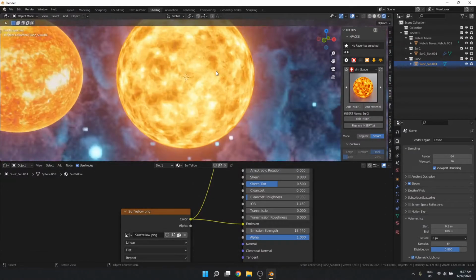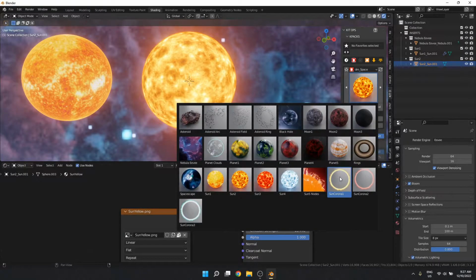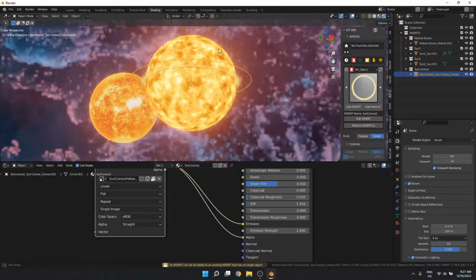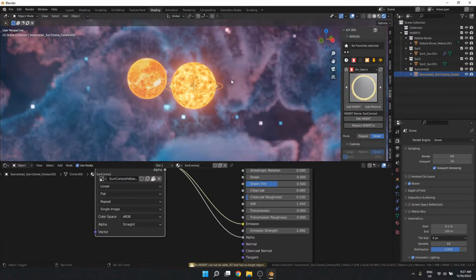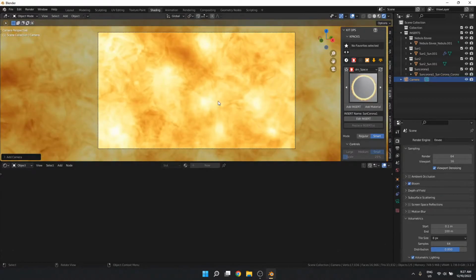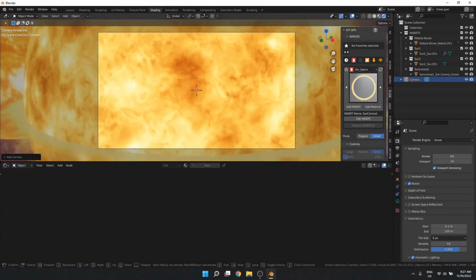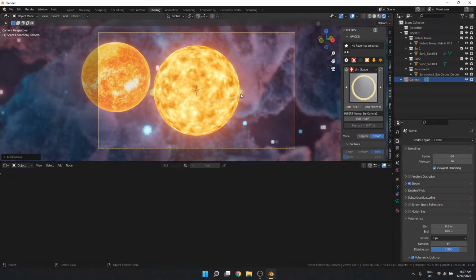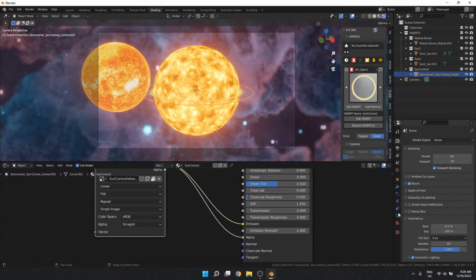But a sun needs a corona, so sun corona, add, insert, and it puts a disk. This disk needs to work with a camera, so I'm going to add a camera inside here. Push 0, shift tilde, go back. Now this is quite a nice little trick. There's a constraint on